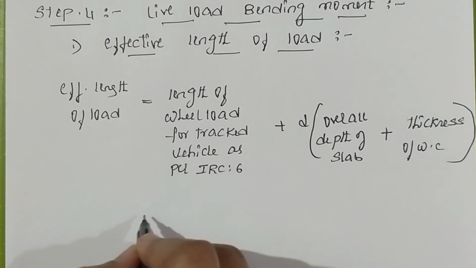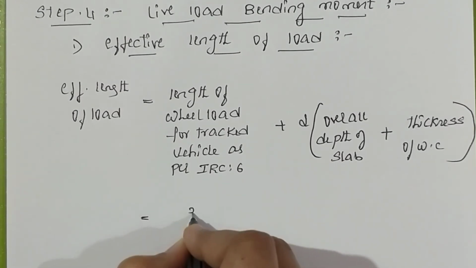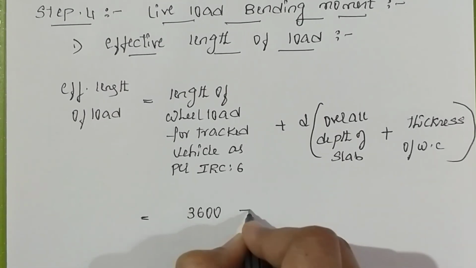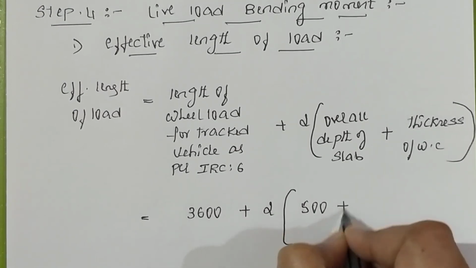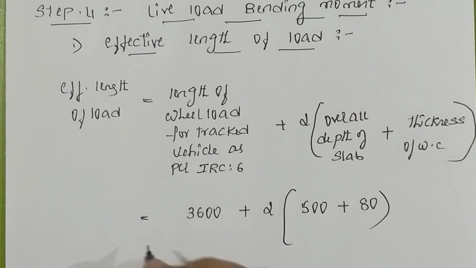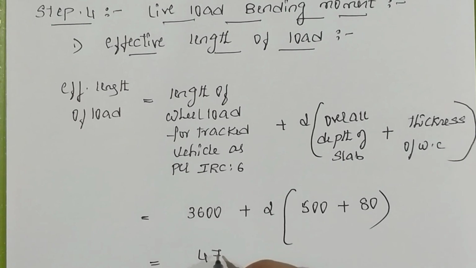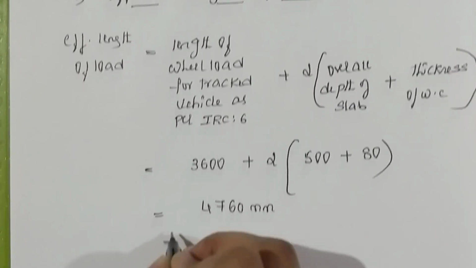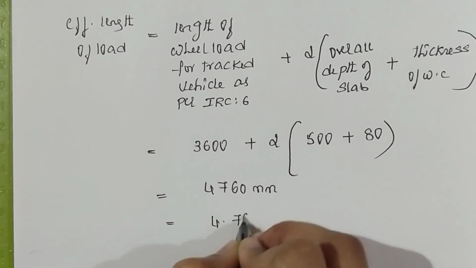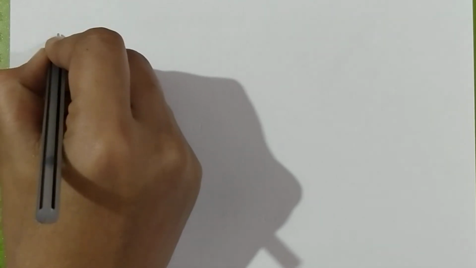Substitute the value. The length of wheel load for tracked vehicle as per IRC 6, it is 3600 mm plus twice the overall depth of the slab, it is 500, plus thickness of wearing coat, it is 80 mm. Then you will get it as effective length of the load, it is 4760 mm. In terms of meter, it is 4.76 meter. This is what your effective length of the load. Next, second unit